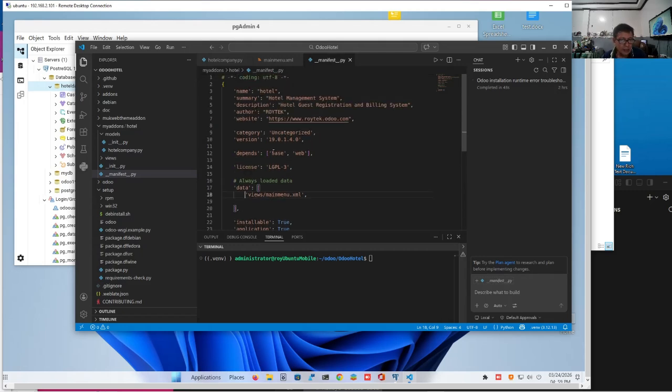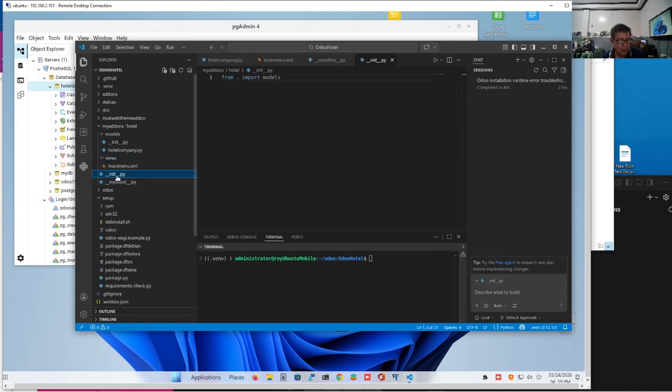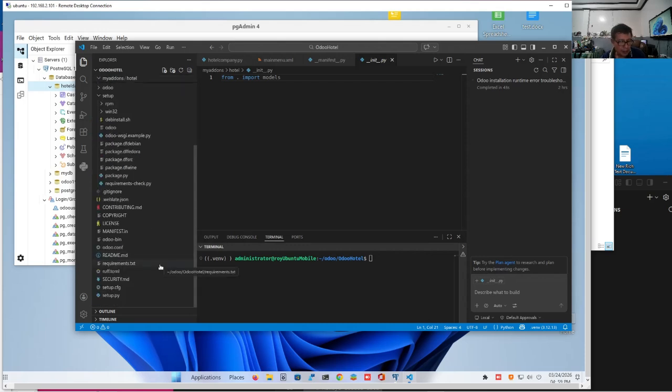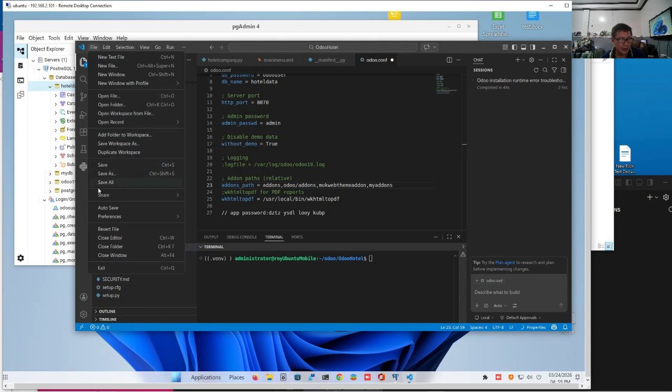So I think we have this. Are we complete? Almost complete. Okay, we have a manifest.py. That's a table of contents. So far, this includes our main menu, which is the only view we have, and we have the init.py that ties the Python codes together. One last point before we run this, we'll have to update our odoo.conf. Okay, so we'll have to include my add-ons, which ties our application together.